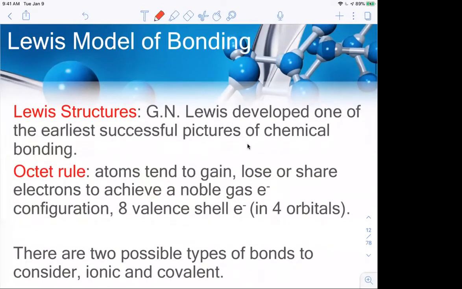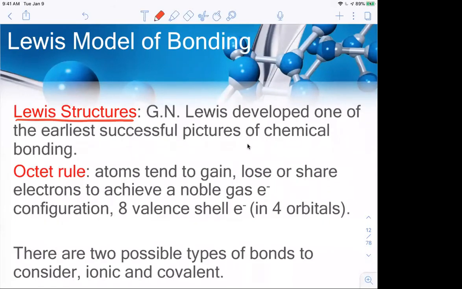In organic, we spend a lot of time considering Lewis structures. We do not just look at molecular formulas anymore. We want to see which atoms are bonded to which other atoms. And we also want to see if those bonds are single, double, or triple bonds, and if I have unpaired or paired lone pair electrons